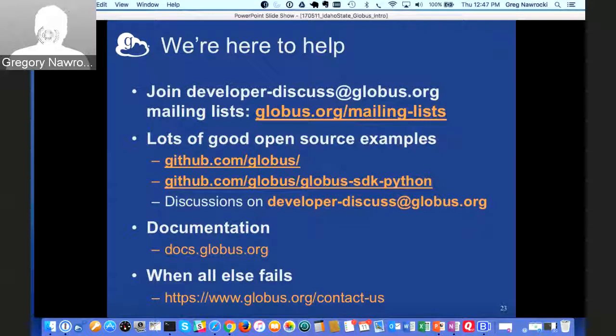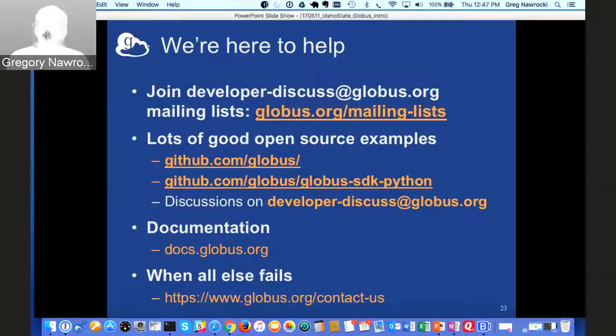A little bit about our API set. Our API set is RESTful APIs. They're open, and I'll talk a little bit about where you can find all that information. We've got a Python SDK, a wrapper in Python to all those APIs, and all that is open, and you can find that on our GitHub.